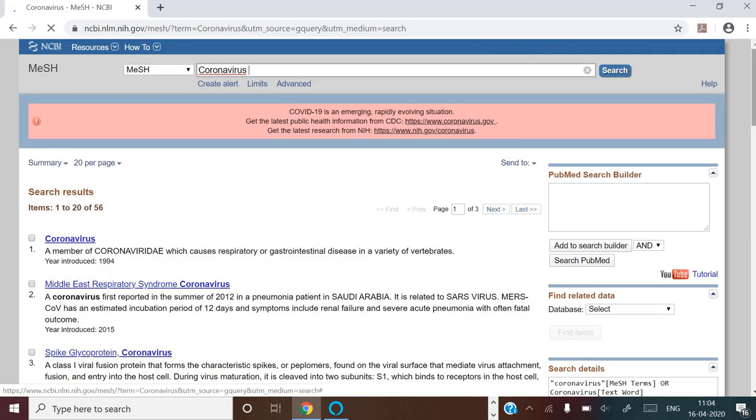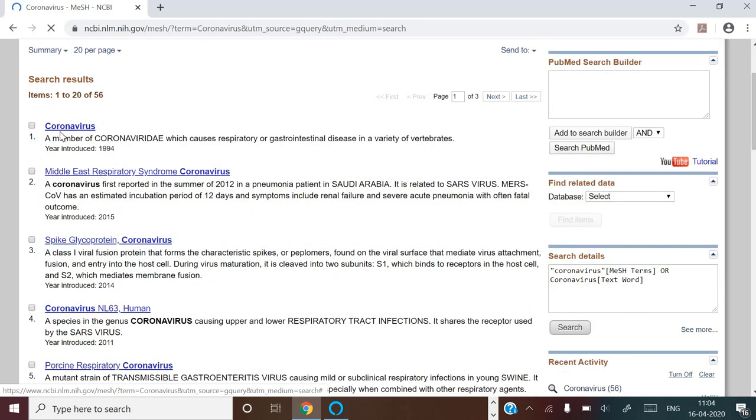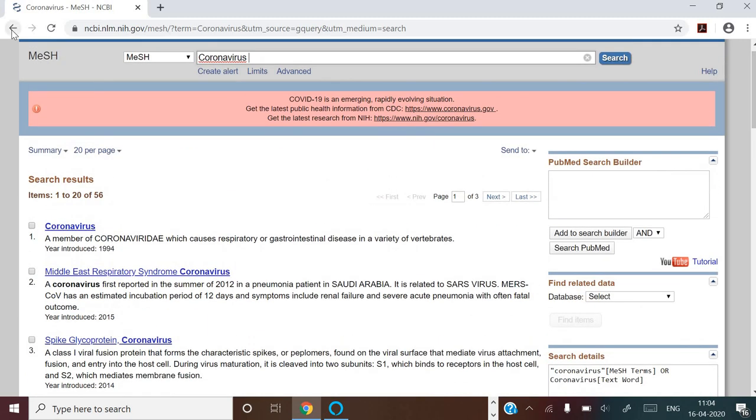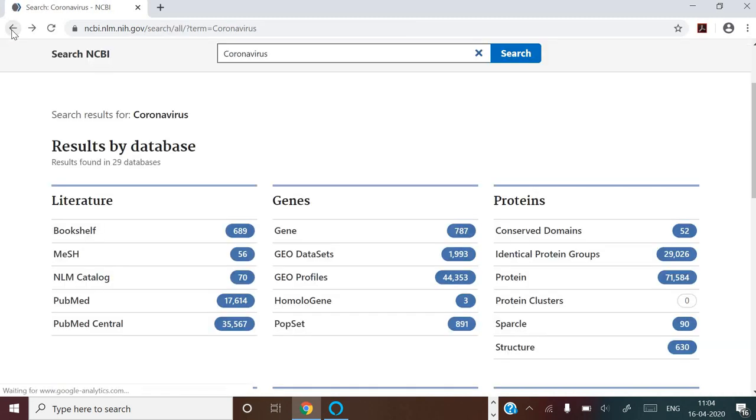It is a kind of dictionary or thesaurus, we can say. Suppose here you can see what a coronavirus is. It is a member of Coronaviridae which causes respiratory or gastrointestinal disease in a variety of vertebrates. So it explains certain terms included in the medical subject headings.